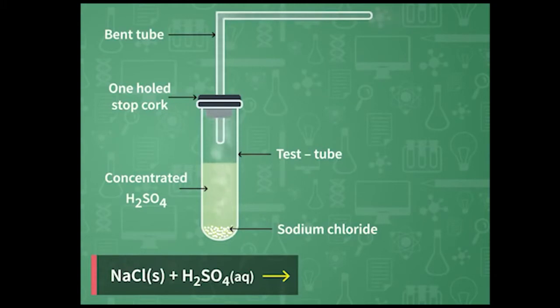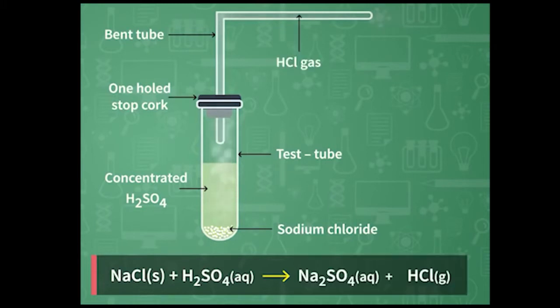Now in a double displacement reaction, what happens? The negative ions exchange their places. So, from NaCl, Cl minus is negative, and from H2SO4, SO4 is negative. When they exchange their positions, the products formed are: sodium goes with sulfate, SO4. So, sodium valency is 1 and SO4 is 2. So, when we cross multiply, the formula of sodium sulfate we get is Na2SO4. And the hydrogen goes with chlorine, so hydrochloric acid is HCl.